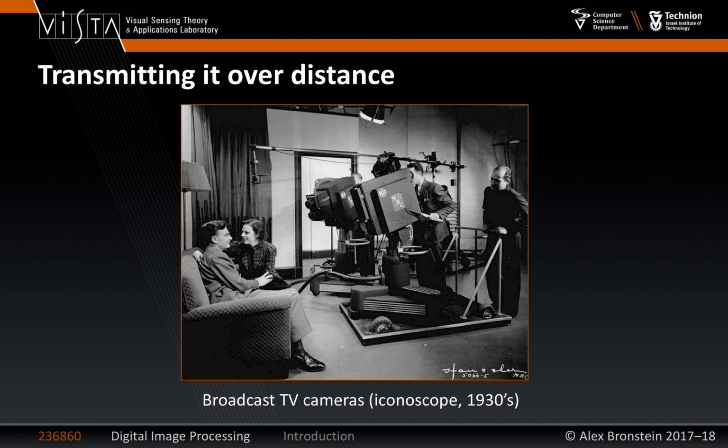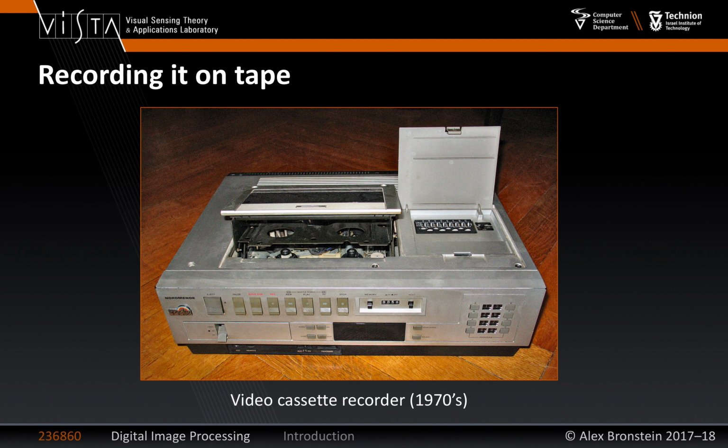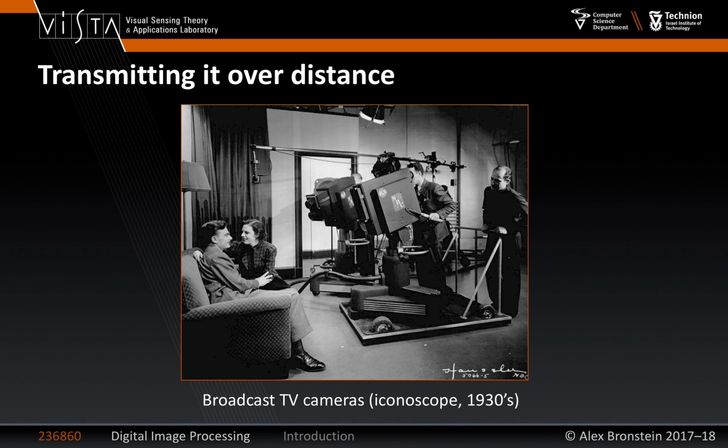The next step was to record this signal on tape. So basically making ubiquitous, or actually a home appliance, the means of recording. So basically you see in the 30s, in the 40s, even in the 50s, all the broadcast was done live. There was no way to record TV signals on any medium. So basically, actors had to act in front of the camera that was transmitting the signal to everyone's home.